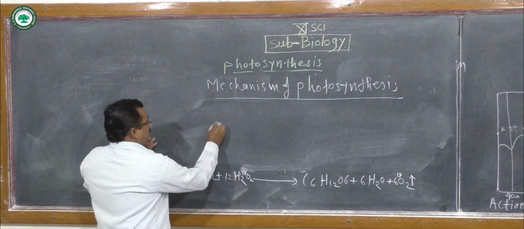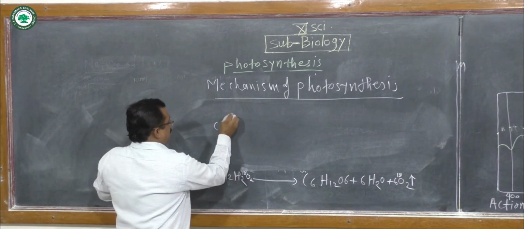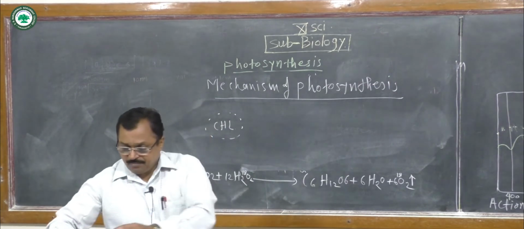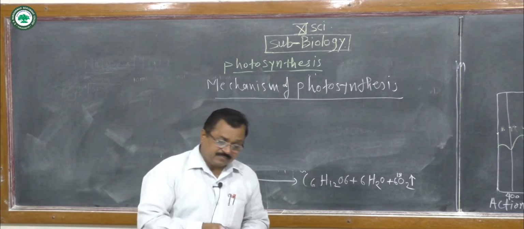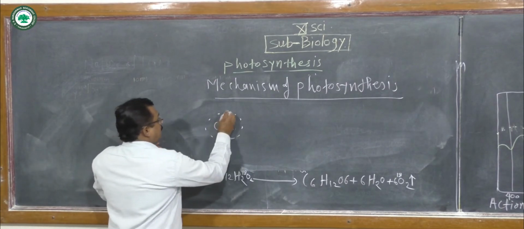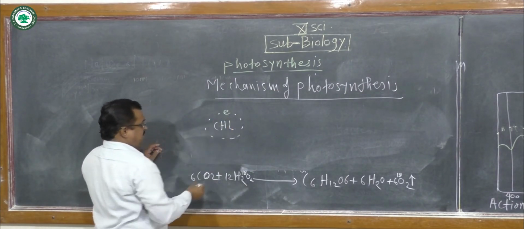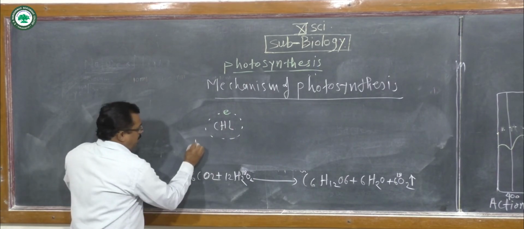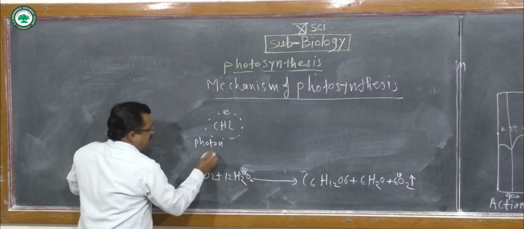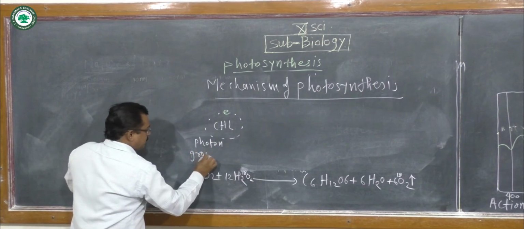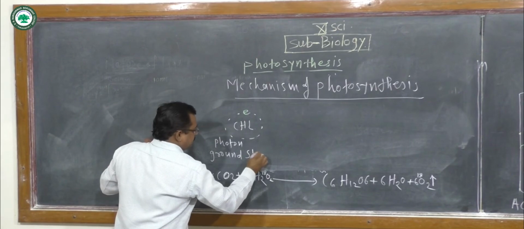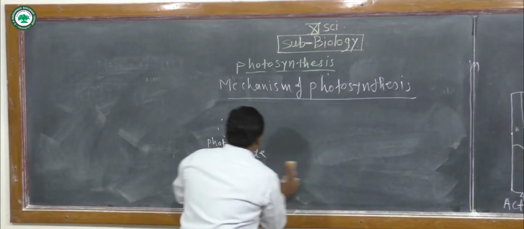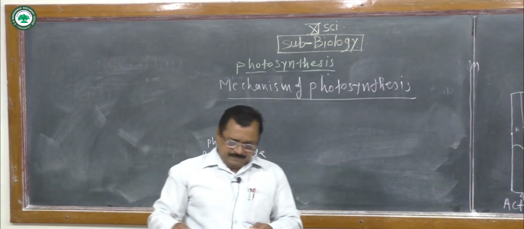Here the chlorophyll molecule, when light is absorbed, light is trapped, this is the chlorophyll molecule, photon in ground state, when it traps the light,